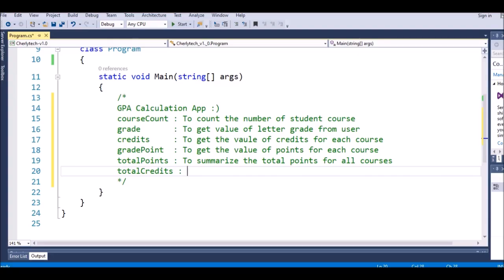The total credit means that we summarize the total credits for all courses, right? To summarize the total credit for all courses,